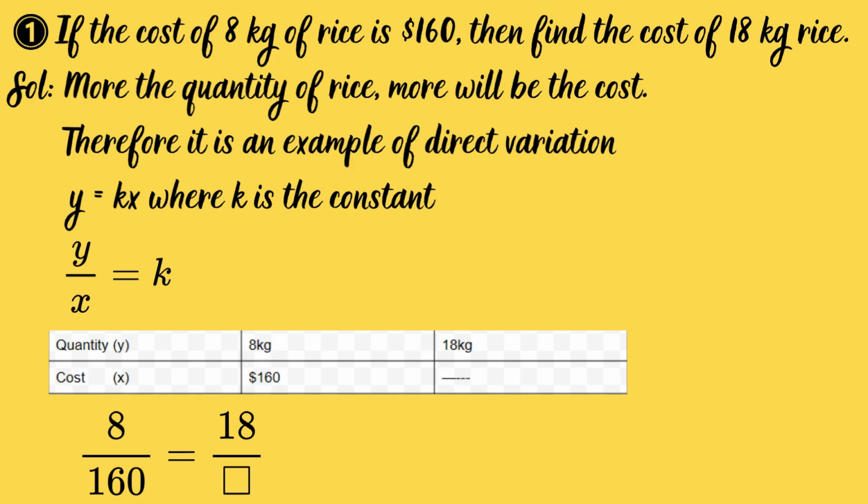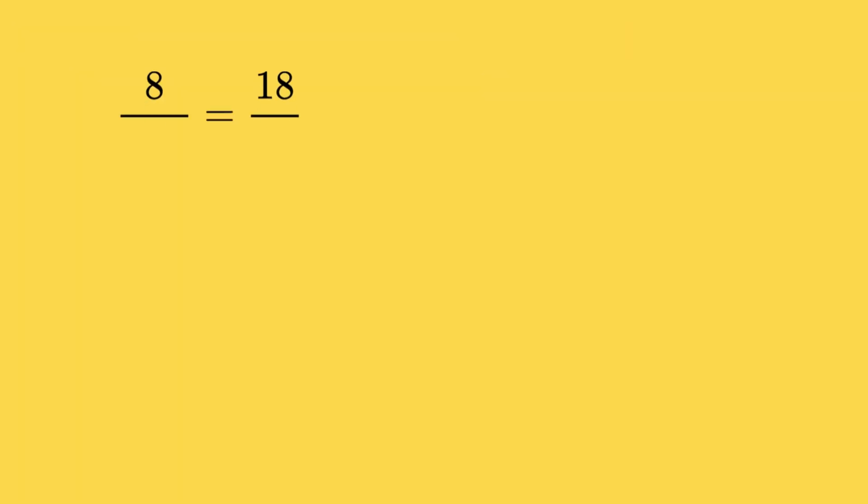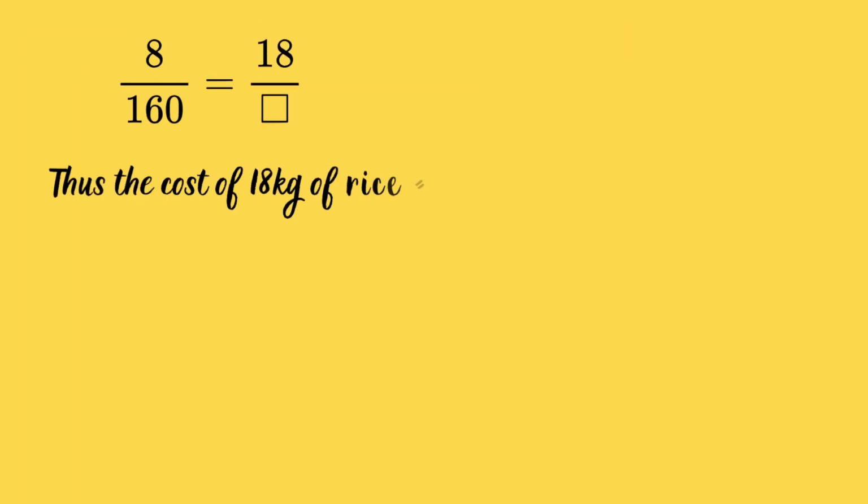Therefore, we can write y equal to kx, where k is the constant of variation. Therefore, y by x is equal to k. Now, in the table, the quantity of rice is taken as y and the cost is taken as x. First the quantity is 8 kg, the cost is $160. Then the quantity is 18 kg and we have to find the cost for that. Therefore, we can write it as